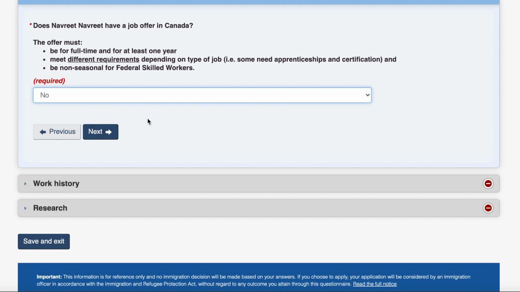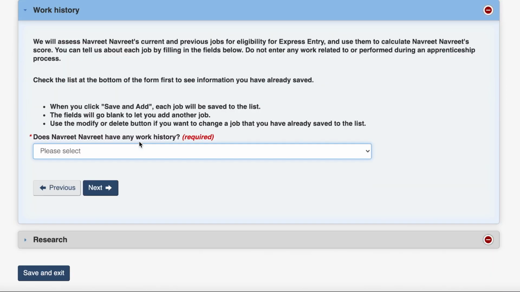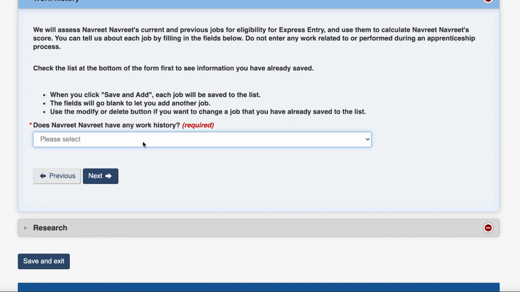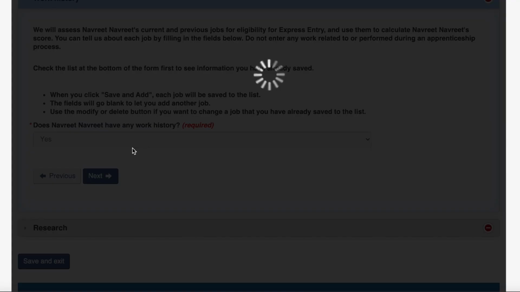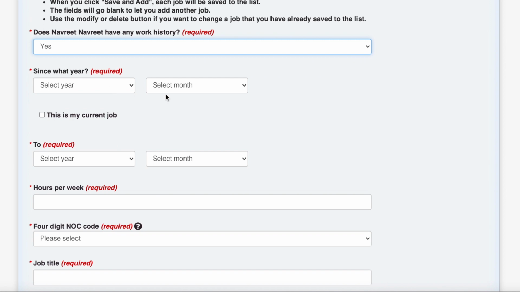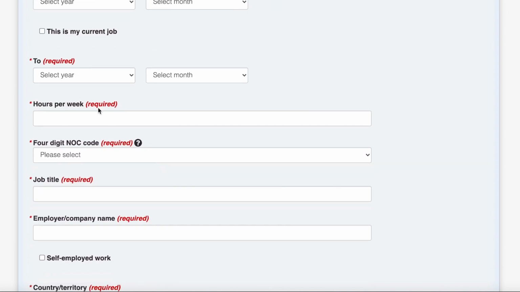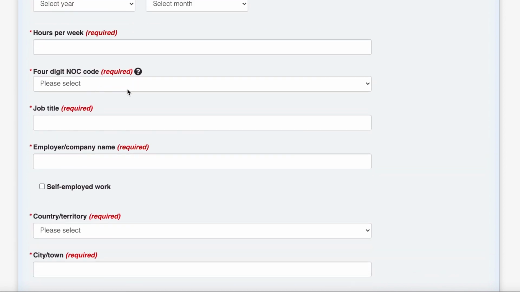Then you give the information about your work history. If you have any work history, you enter from what year to what year, how many hours you worked in a week, and what the NOC code was. You can find that code on the same CIC website.